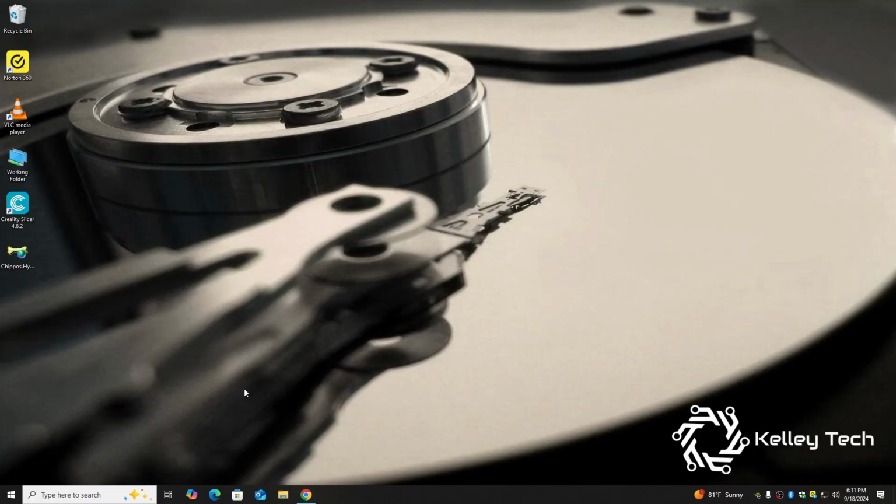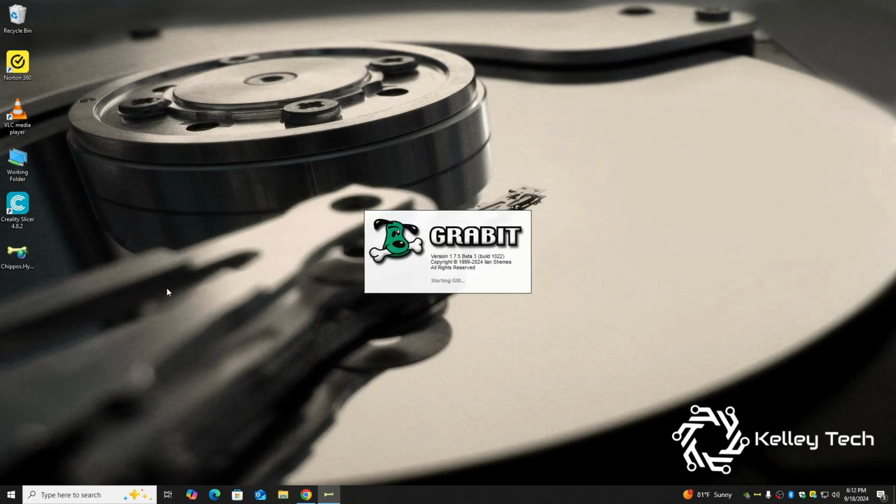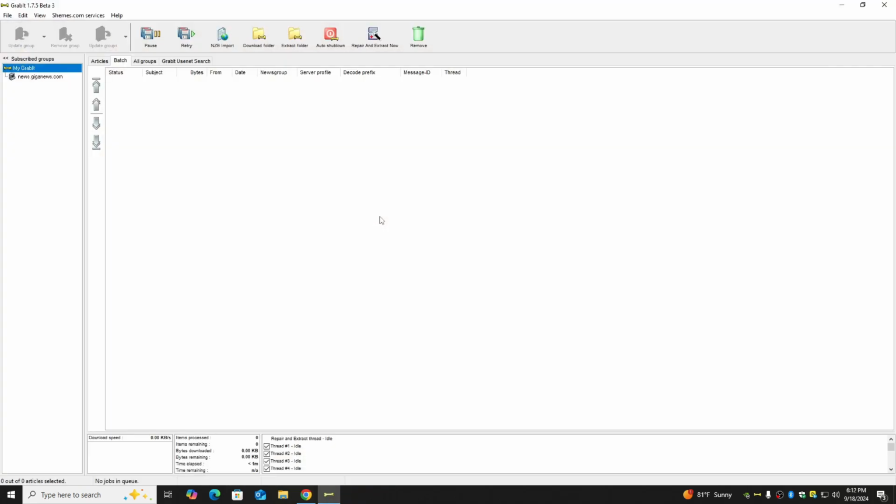In order to repair an NZB file that you've downloaded, you can use built-in tools, but QuickPar is really the way to go. So I'm using Grabit for this tutorial. And if you're using Grabit, you definitely want to turn this off. Let me go to Edit, Preferences,